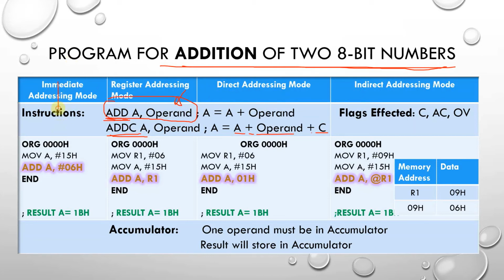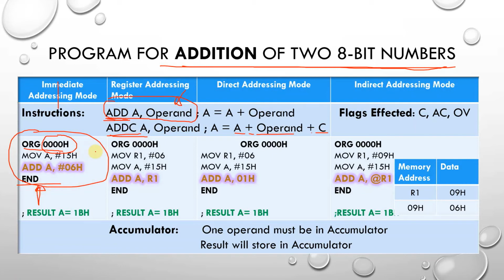Now we will be discussing these one by one, starting with the immediate addressing mode. In this clip of the program, it has been observed that ORG and END are used. ORG and END are assembler directives which give certain directions to the assembler. The ORG tells to place the first instruction of the code at the location specified over here, that is 0000H in our case, and END specifies the end of the program.